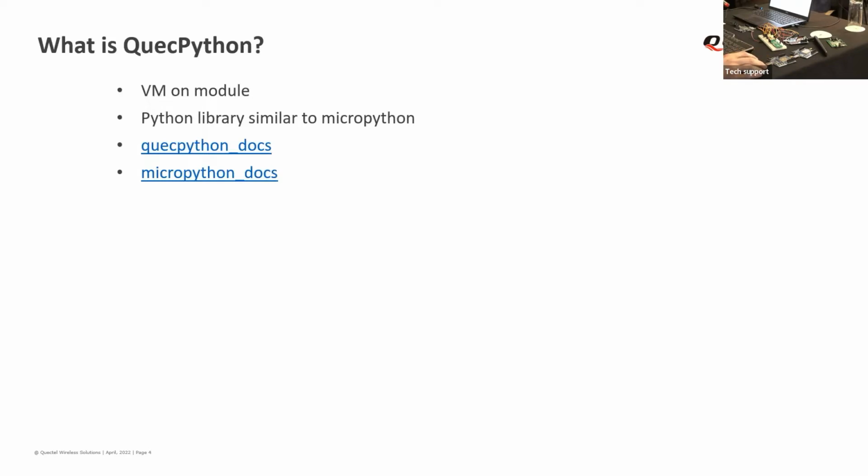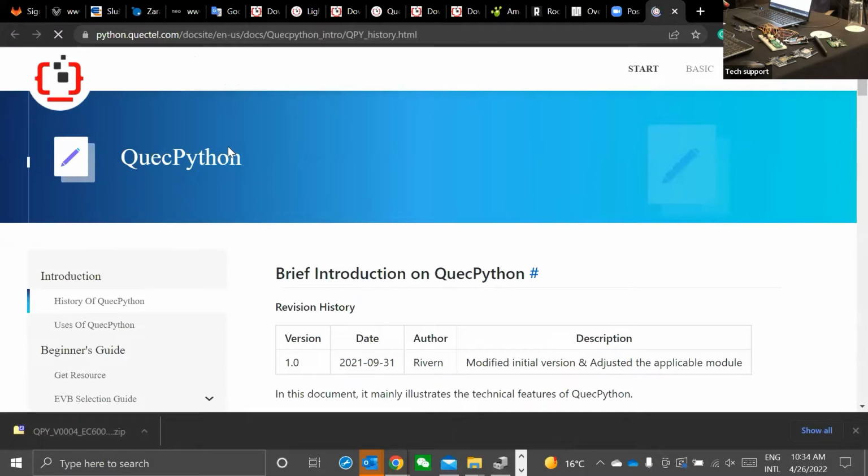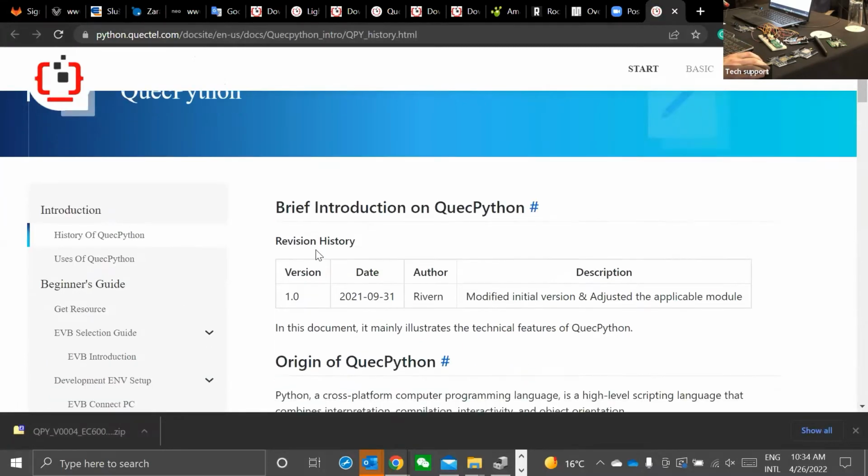QuecPython is similar to MicroPython. If you ever heard of MicroPython, then QuecPython will be easier for you. And actually, if we go to the QuecPython documentation, I hope that this will work.